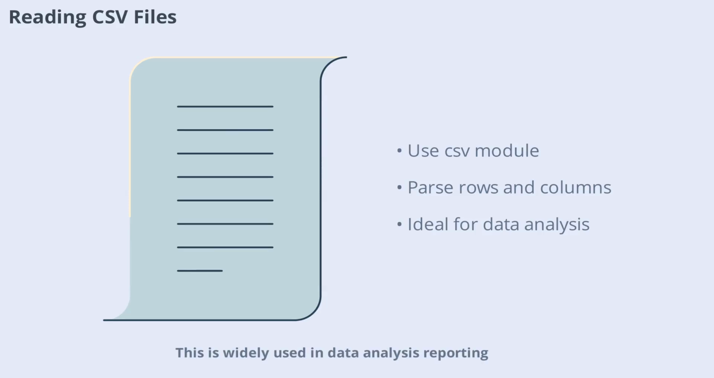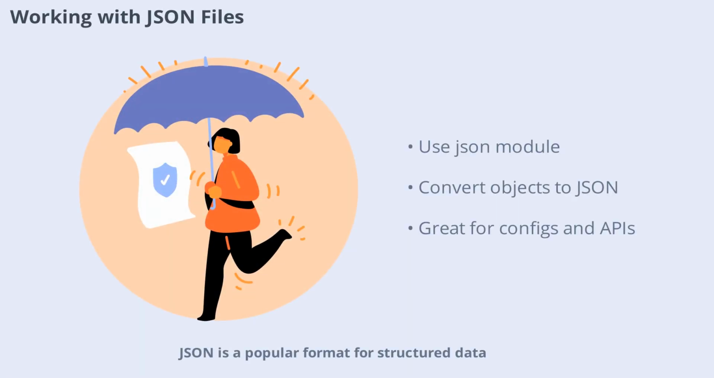This is widely used in data analysis, reporting, and exporting data between systems. JSON is a popular format for structured data. Python's JSON module lets you read and write JSON files easily. You can convert between Python objects and JSON, making it simple to store configurations, exchange data, or interact with web